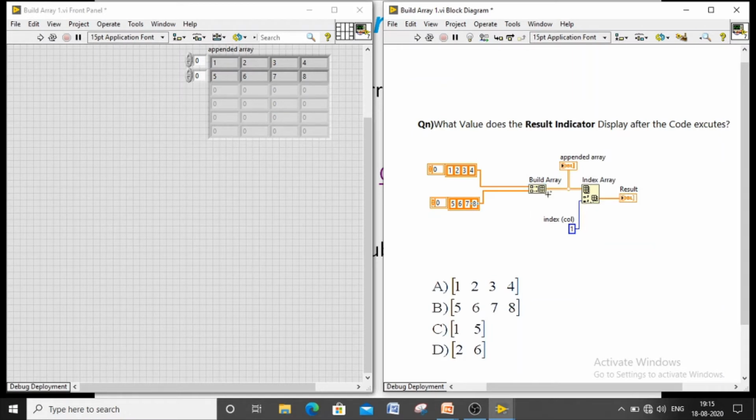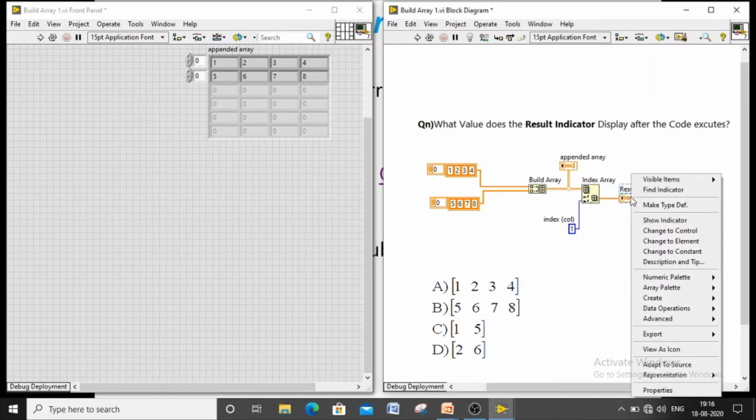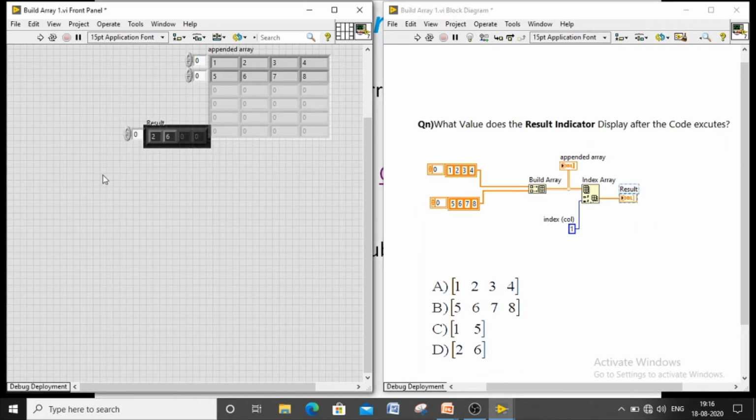If you are giving another dimension, that next dimension will be an output of the array. In this question, they are considering that the array may have rows as well as columns. Here they picked only the column elements. They didn't pick any row elements, but automatically they will pick a 0 value at this point. If you want to see the result, let me show the indicator also. Yes, your result is 2 6.